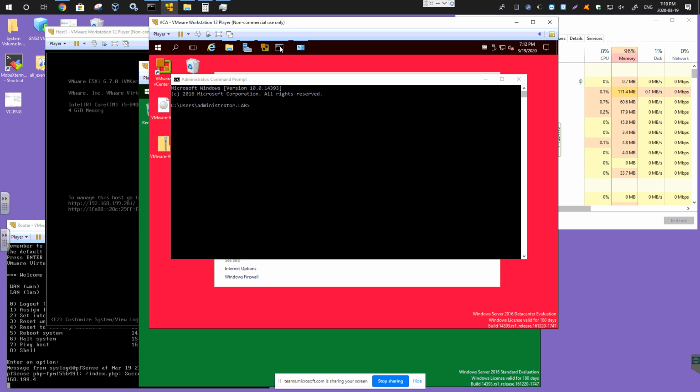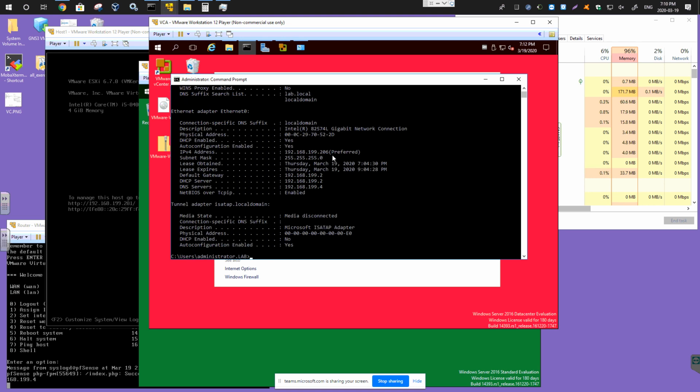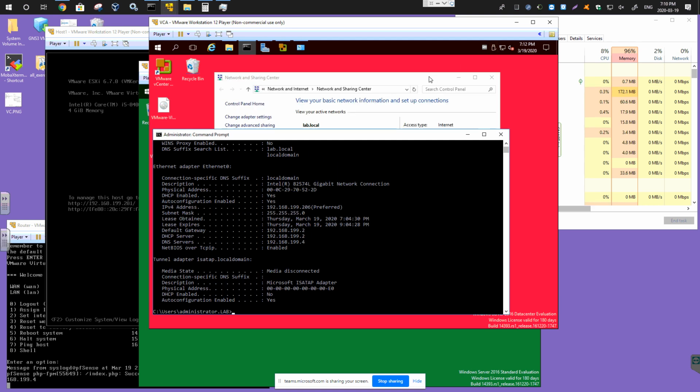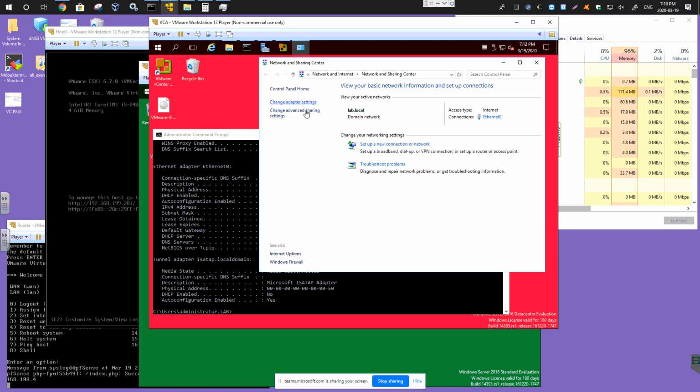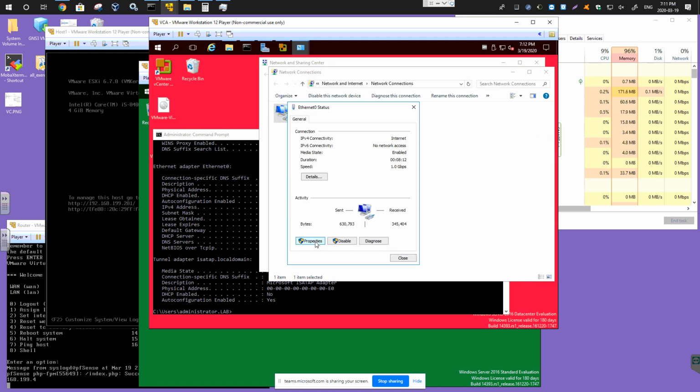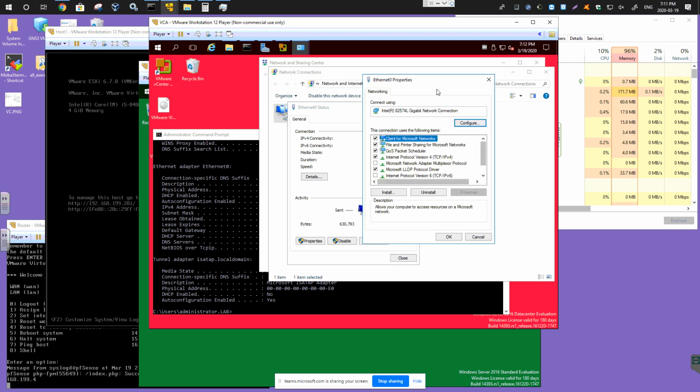Okay. Let's check ipconfig /all. Okay, 206 is the address, and so on and so forth. So 2 is the DHCP server, DNS server is 4. Well, let's do it statically then. So let's come here, change adapter settings, right, actually click twice, properties, navigate here, and just do this